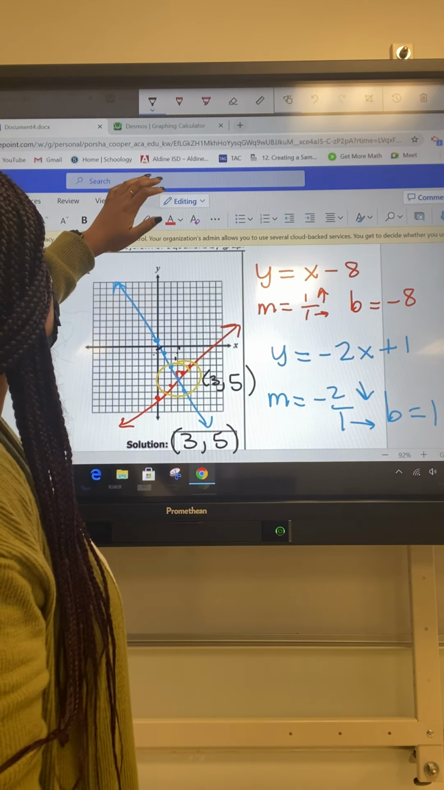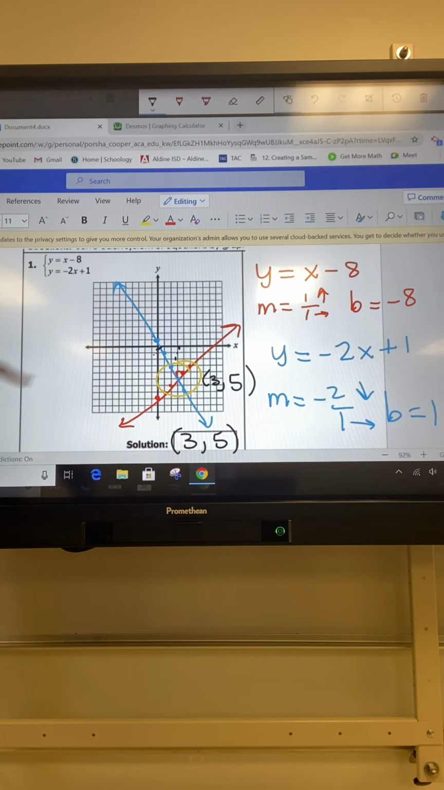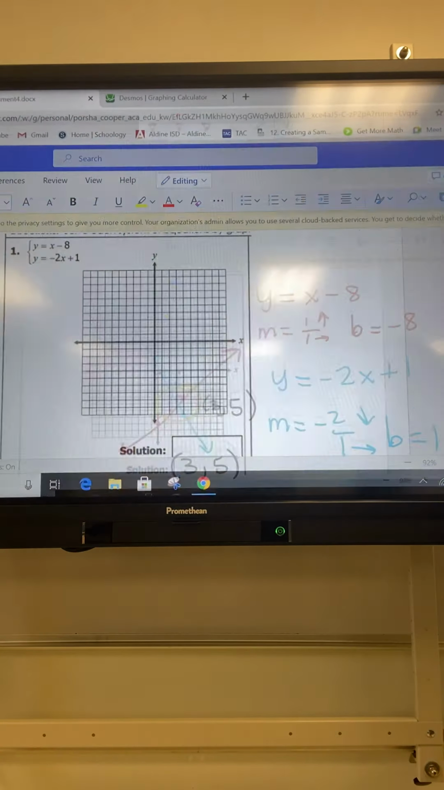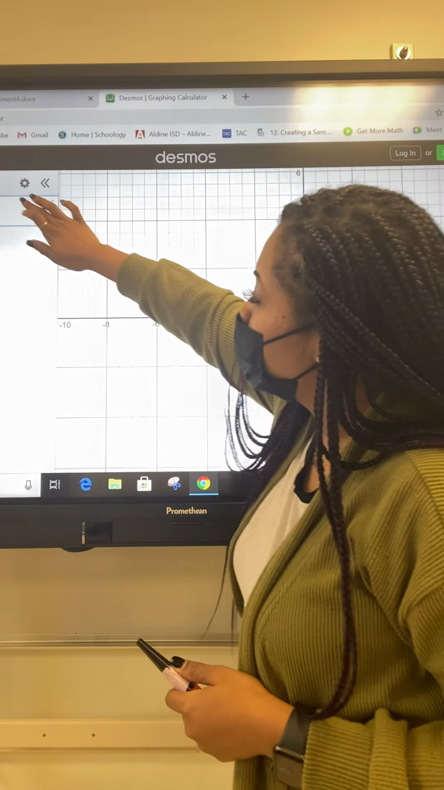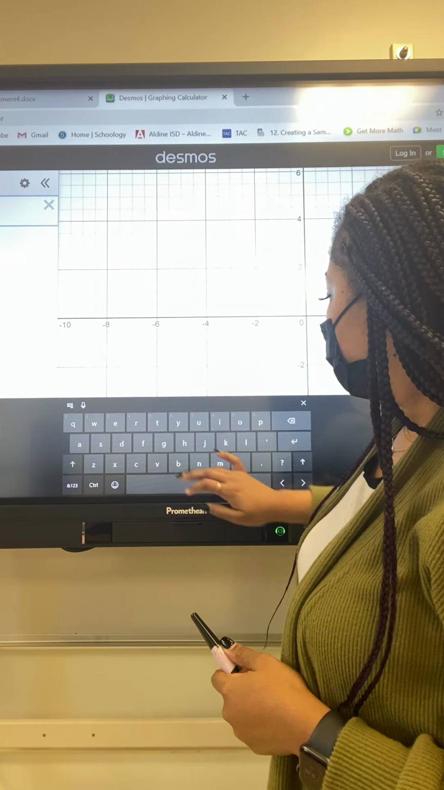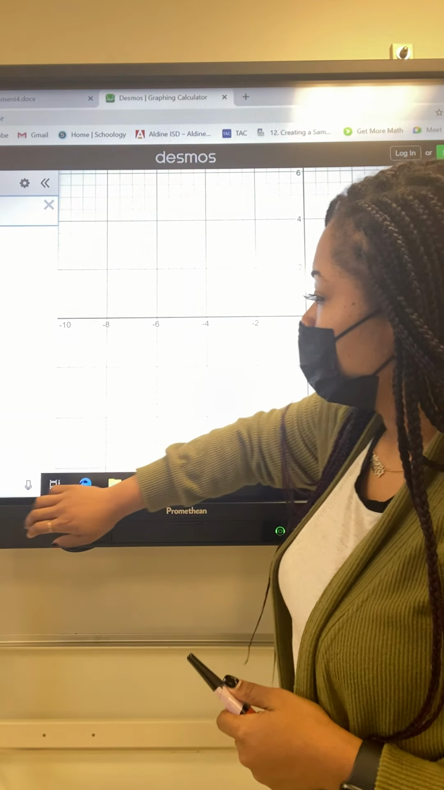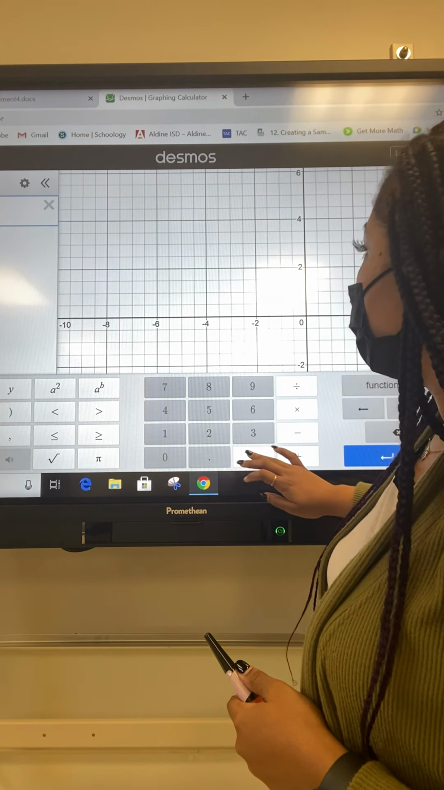3, 5. So I'm gonna tap out of this for a second, go to Desmos, and we're gonna see if we get the same answer. So in Desmos, we're gonna just type in our two equations. So we get y is, I think there's a calculator in Desmos. So we're gonna use the keyboard in Desmos. So y equals,